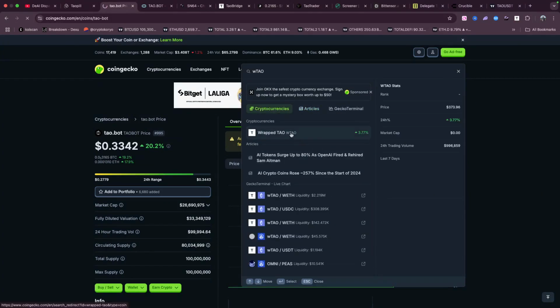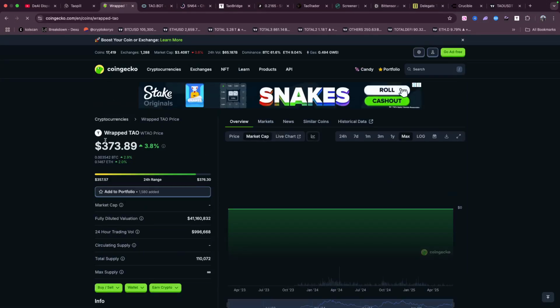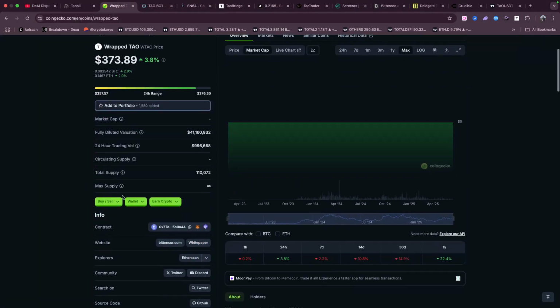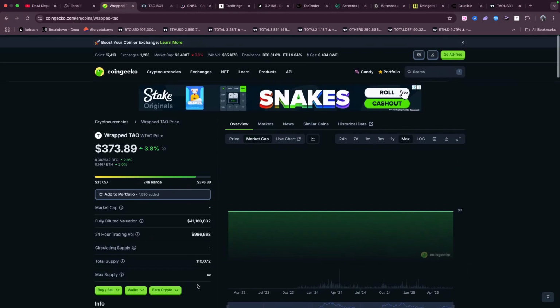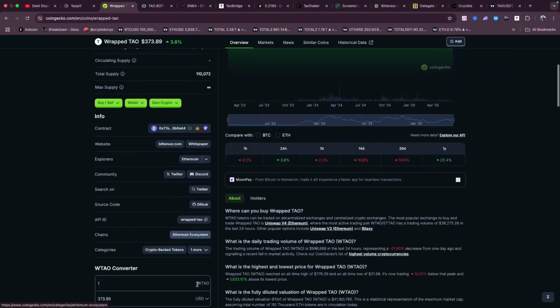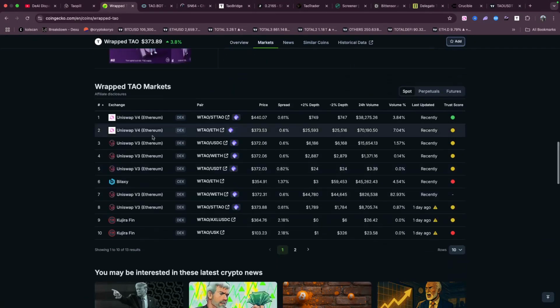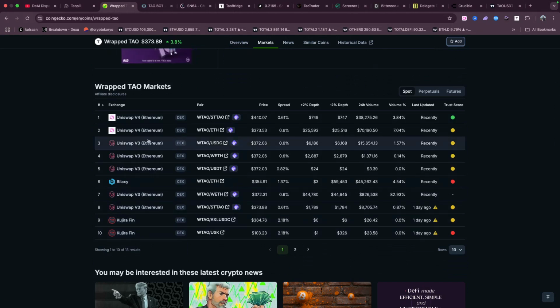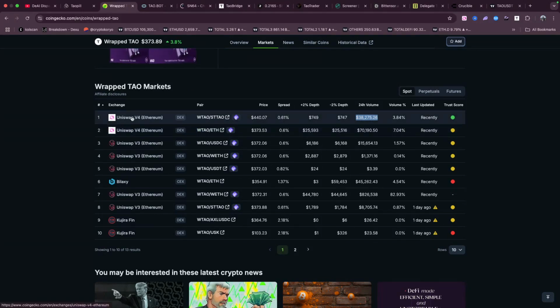So what is wrapped Tao? Wrapped Tao is a token which is an ERC20 token, meaning it is deployed on the Ethereum blockchain. As you can see, here is the Ethereum symbol, here is the token contract address, and this token is available to buy and sell on various decentralized exchanges. As you can see, it's available on UniV4, which has a decent volume, not too much slippage. So you can go to Uniswap,